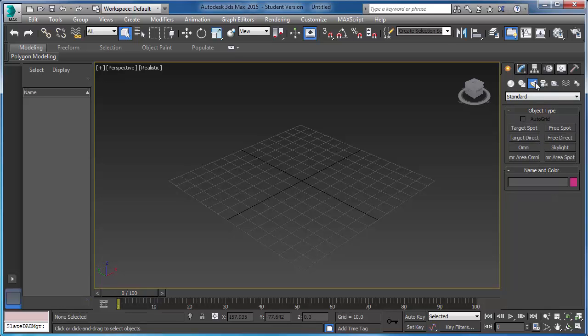And then we have lights. You got standard and you got photometric. Most of the time you'll be using standard, so we won't have to worry about photometric. And then we have cameras. We have helpers, space warps, and just systems where, as you can see, you have bones, sunlight, daylight, and